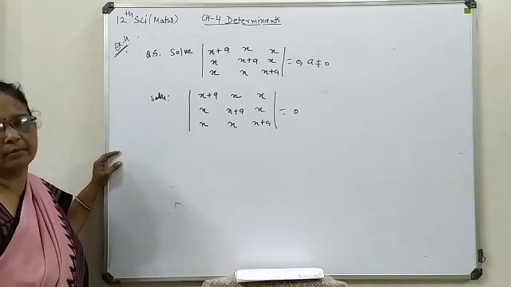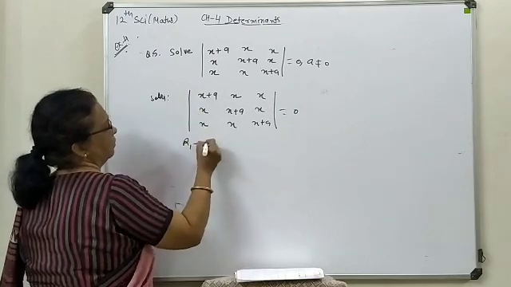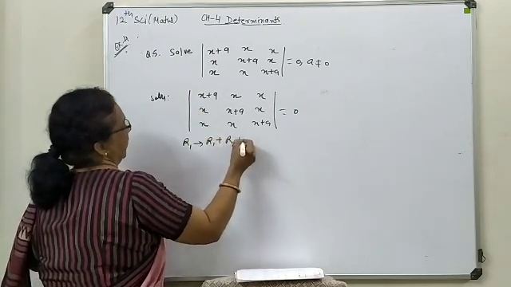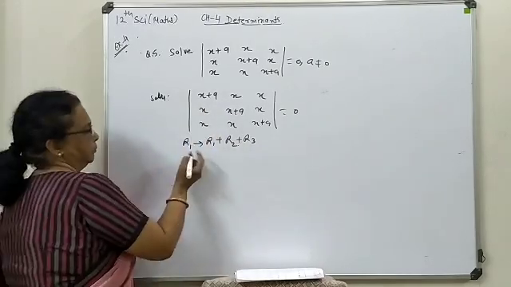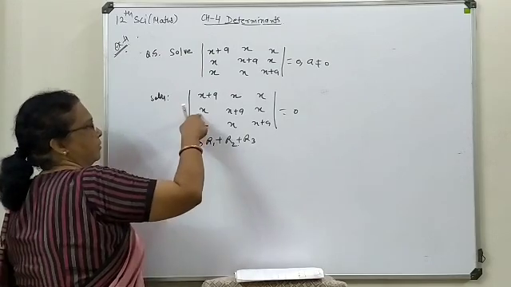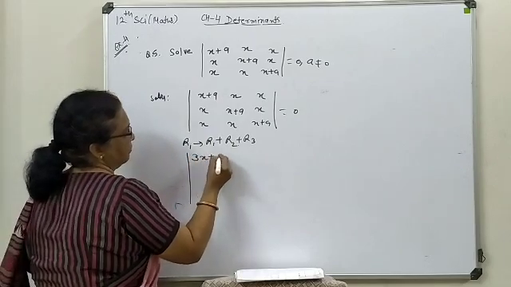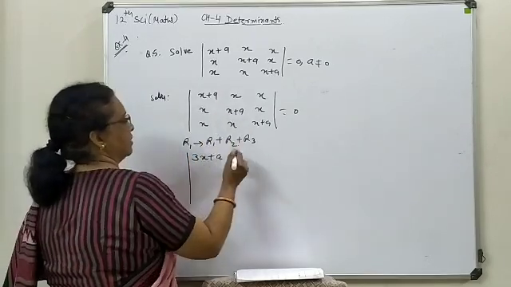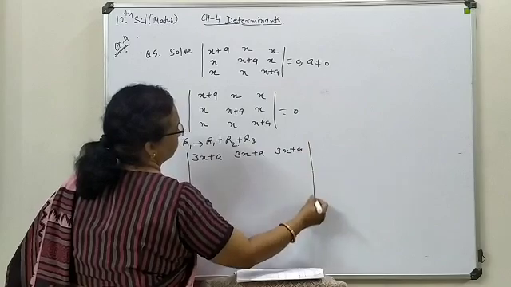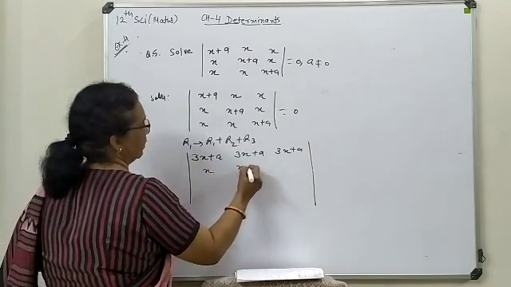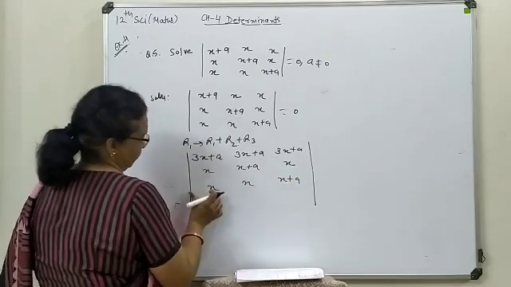Now row wise we will make an addition. In the first row we are going to add the second as well as the third row. Column wise also you can perform the addition, there is no problem. Here you see x is already available, 2 more x are going to be added, so it will turn as 3x plus a. Here also 3x plus a. This last one will also remain the same. This is x, x plus a, x. This is x, x, x plus a.